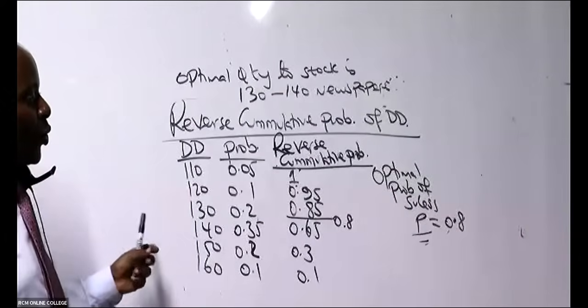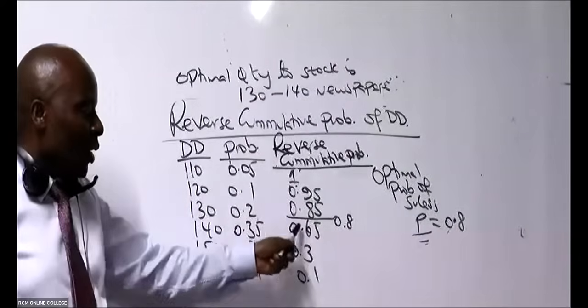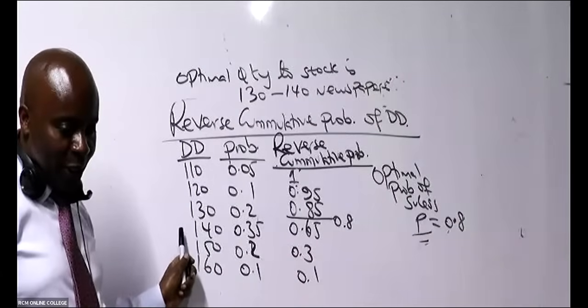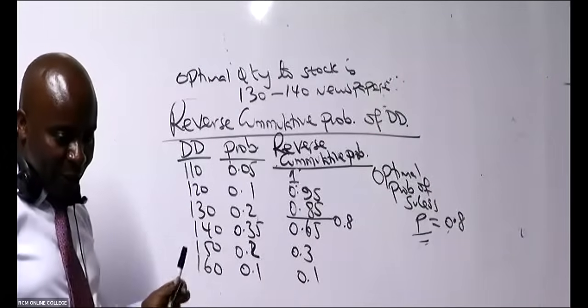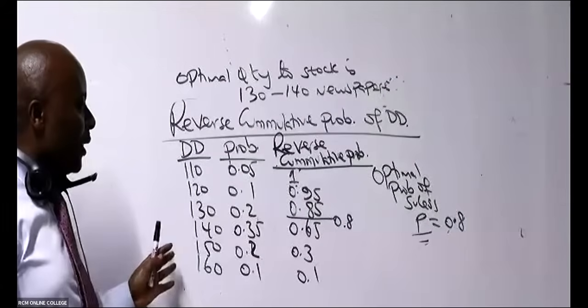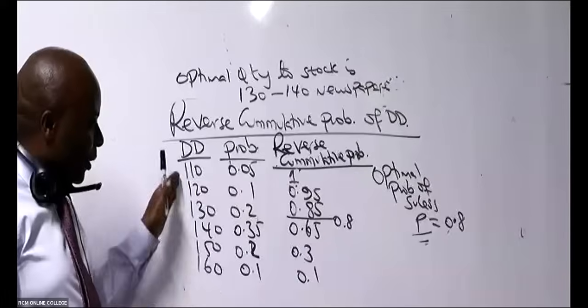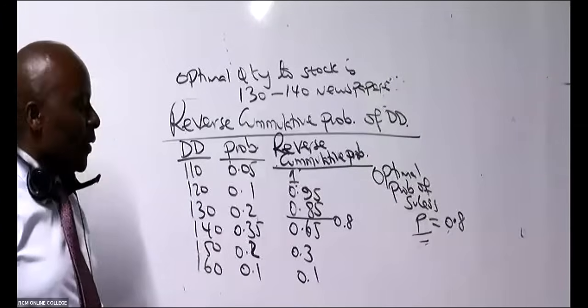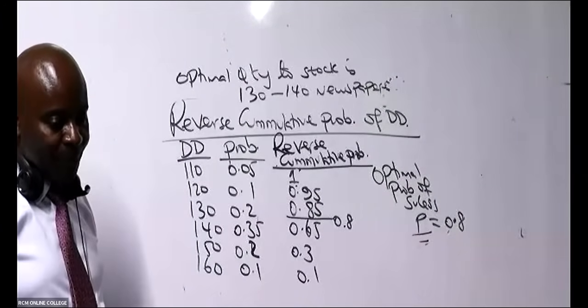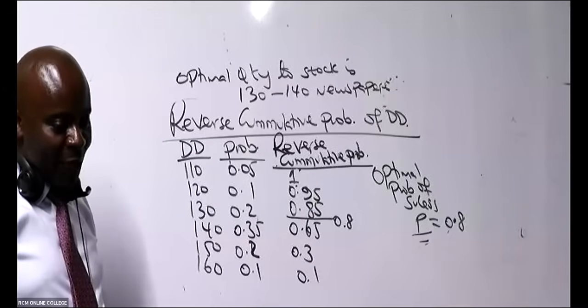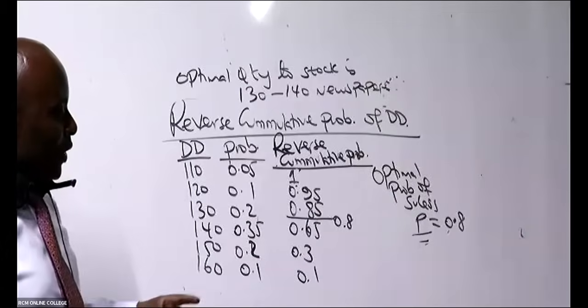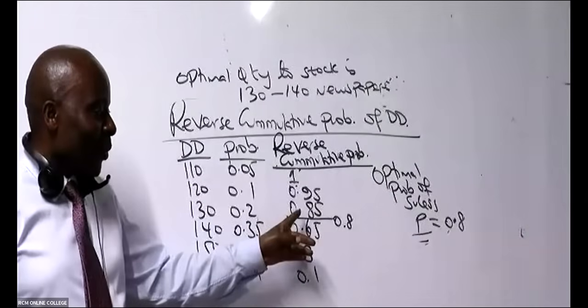All right. So the 0.8 is in between here. It is 130 and 140. You don't have to rearrange them, but of course, they will give you these figures from the smallest to the highest. It will always come like that for perishable goods. Average, no, because average now will be having 3 numbers.